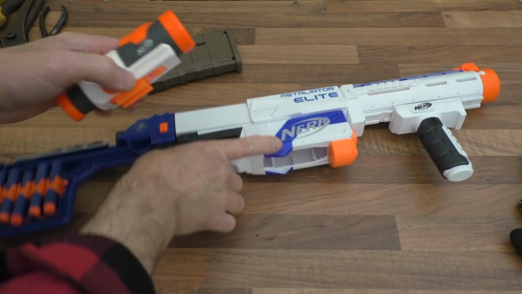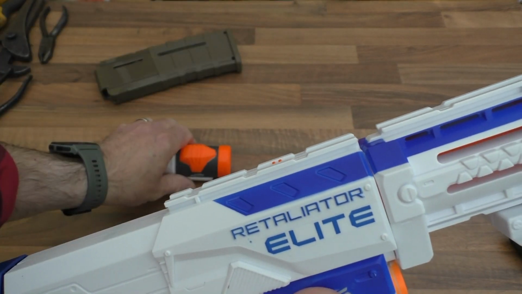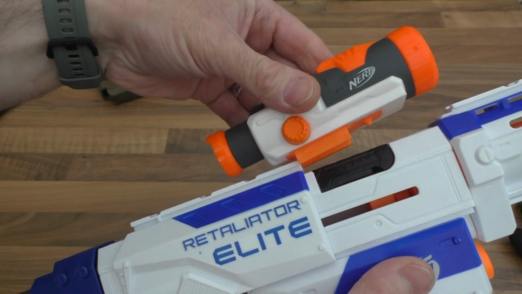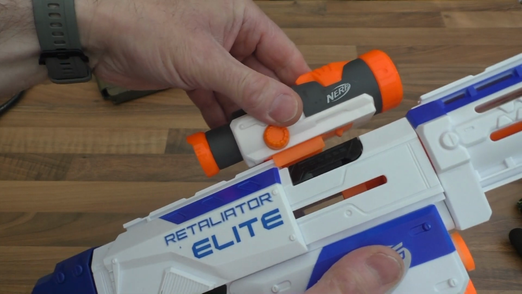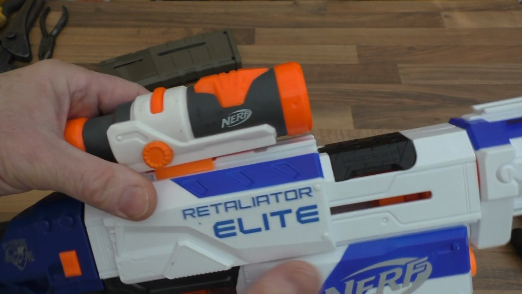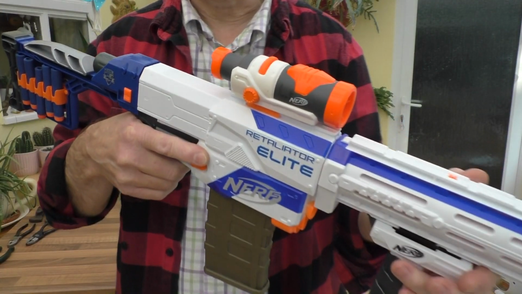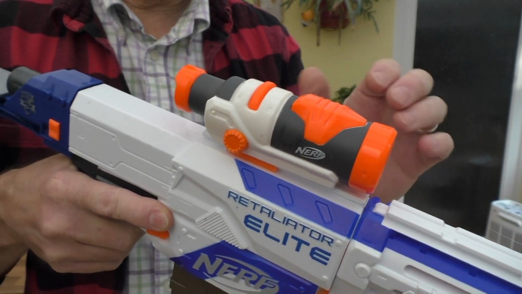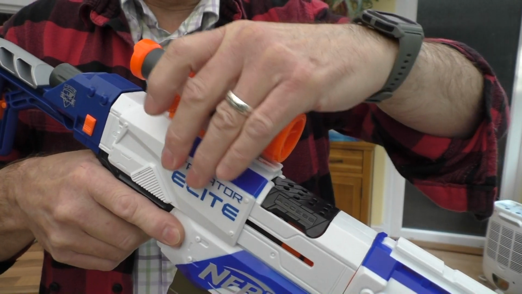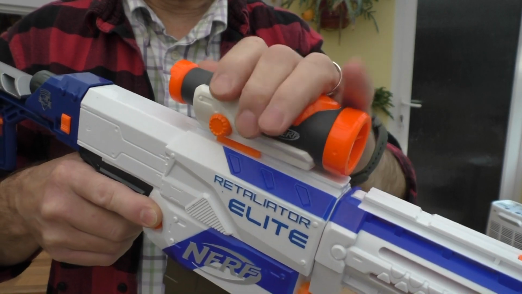Okay then, so these things slide onto the rail, so we'll have to lock it back, get it on there, and I believe, as I say, they just slide on and kind of lock into place like so. So that looks better, doesn't it? Oh yeah, it definitely looks a lot better now. Look at that. I think it's going to make it a little bit difficult to cock it, because if you try and cock it, it might take the optic off, but